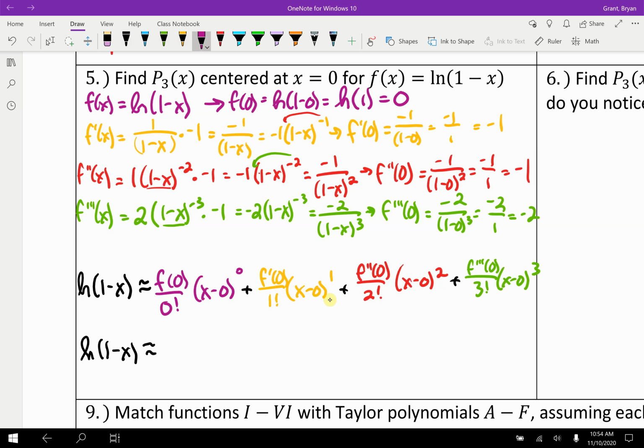We saw that f of 0 is just 0. So in fact, I think this entire thing is just going to turn to 0 because that's 0. Right? Plus f prime of 0 is negative 1. Negative 1 over 1 is negative 1. So actually I'll change this to a minus 1 x to the first, so just x. Plus, oh wait, the next one's going to be negative 2, isn't it? So minus 1/2 x squared. And then the last one,